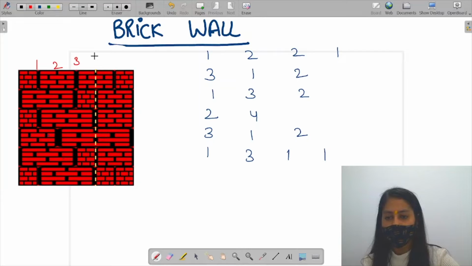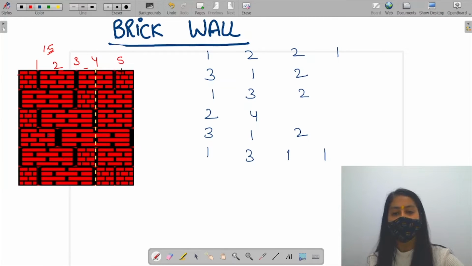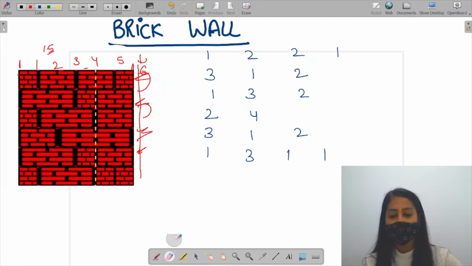So for example, let's suppose this is our point 1, this is 2, this is 3, this is 4, this is 5. Now let's suppose you can also draw a line at the decimal value. For example, you can also draw a line at 1.5. Now you can only draw the vertical line in between these points, that is less than the maximum value. Why? Because if I draw a line at the end, then there will be no brick rows at all. Why? Because there are no bricks present here, right? So you can choose a point only in between the maximum value and 0, right?